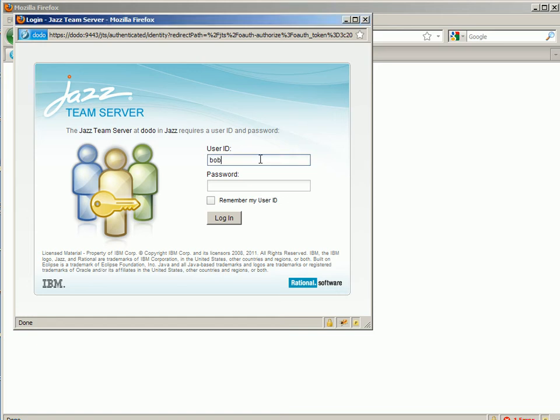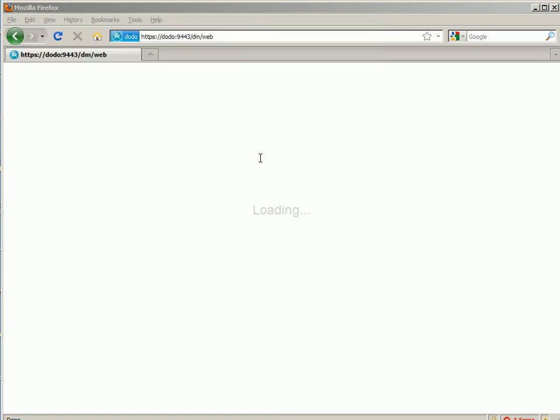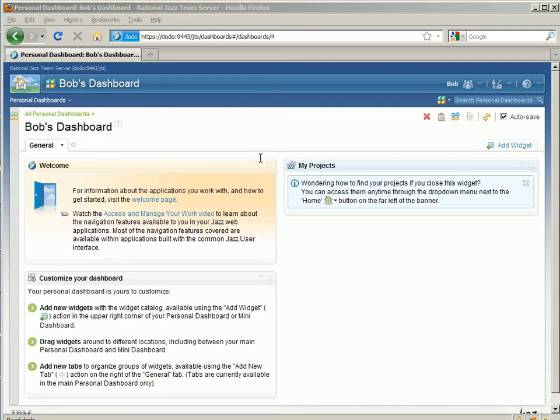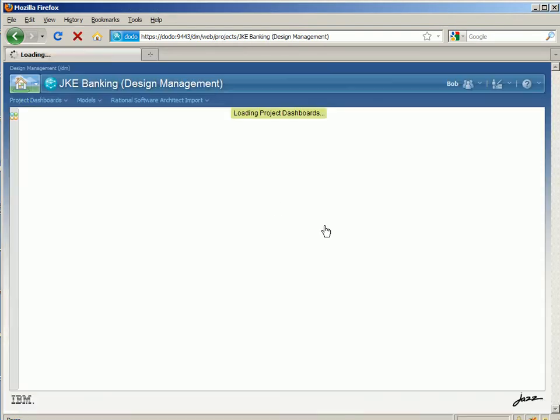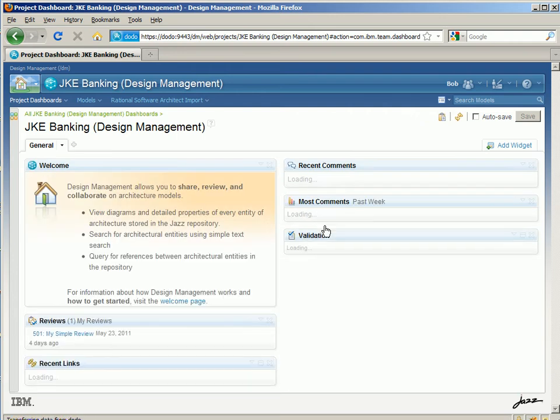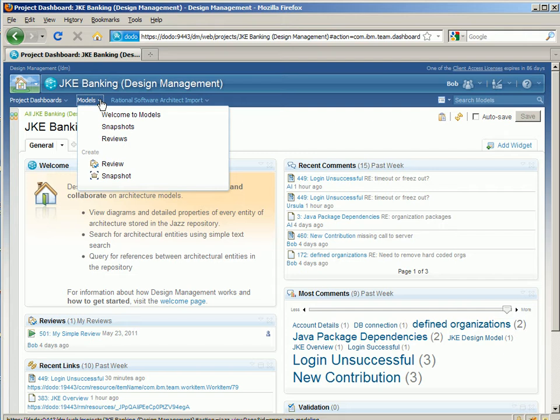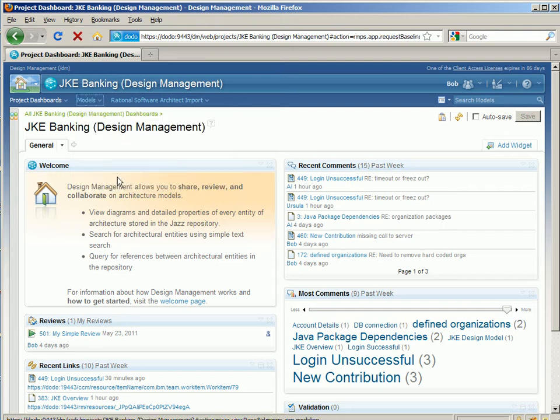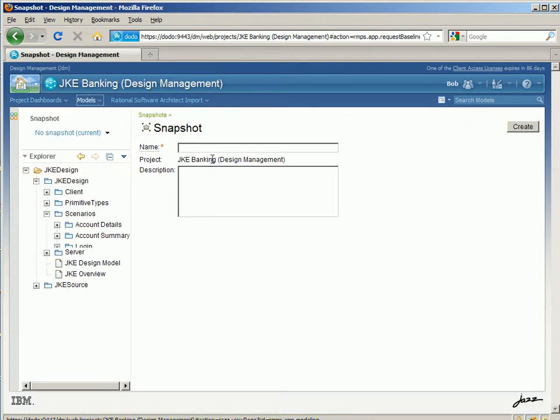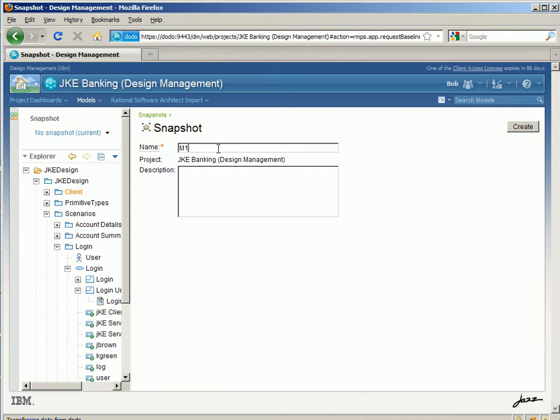In this review, we're going to log in as Bob. Bob is going to take a snapshot of the Rational Software Architect Design Manager repository, the JKE banking project. By going to the Models menu and then selecting the action to create a snapshot, Bob will freeze the current version of all the modeling resources in this particular project so that they can be looked at later in their